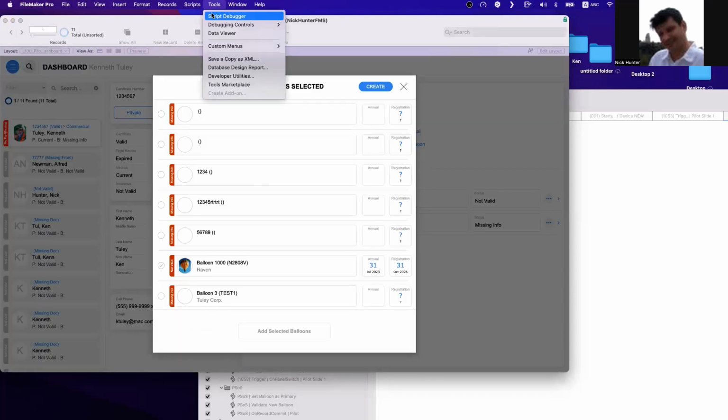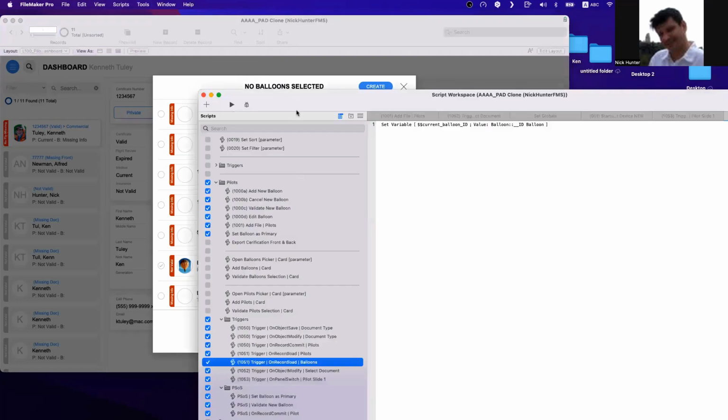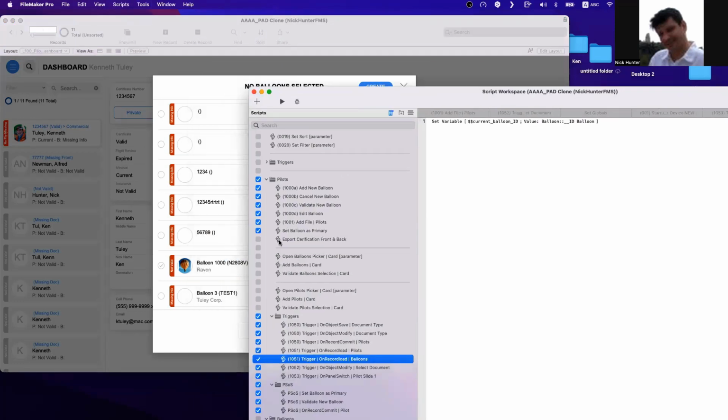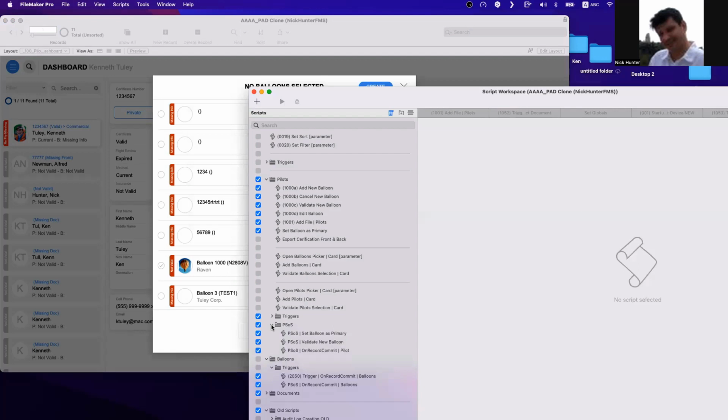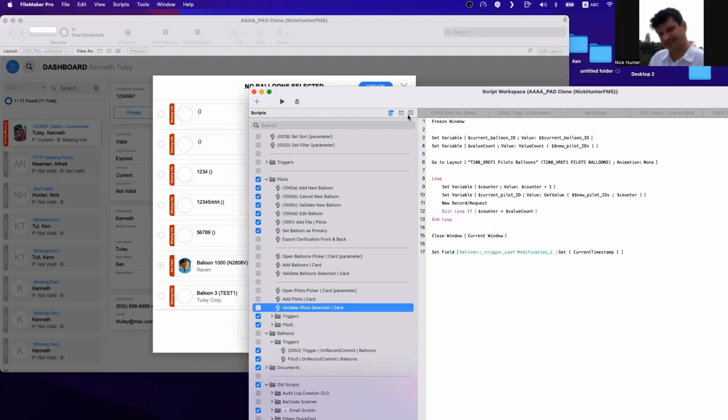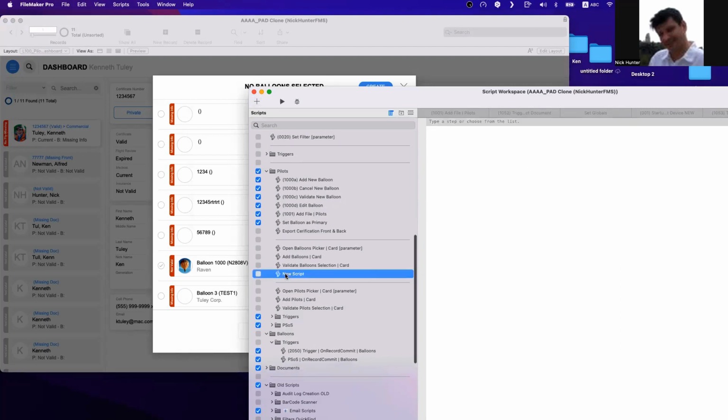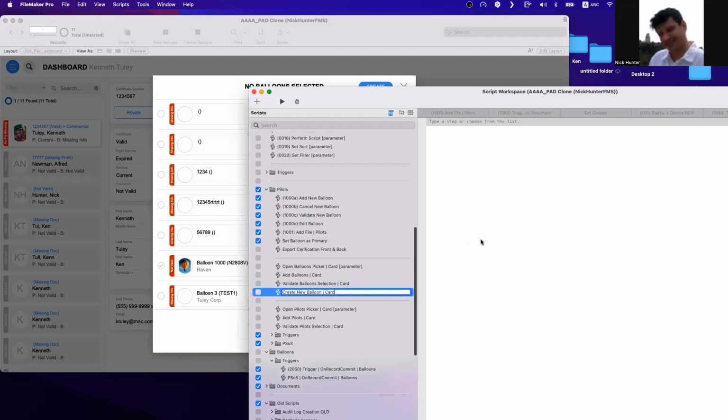So here, let's create the script. I am in that context, and I want to do this. So here I'm going to add a script, and we're going to say, create new balloon card. So I'm here. What do I do? Remember